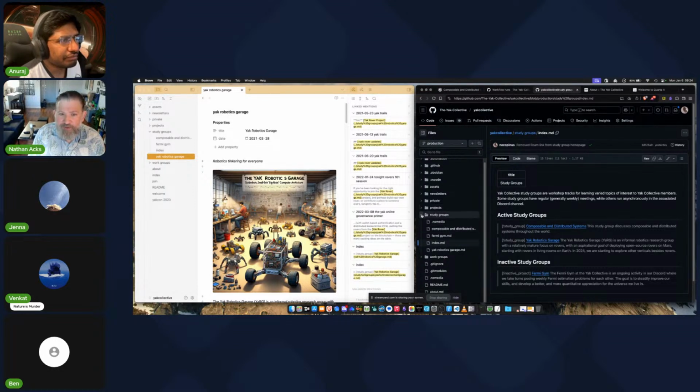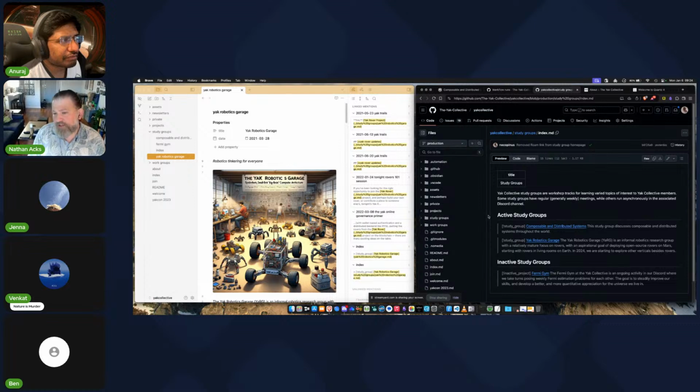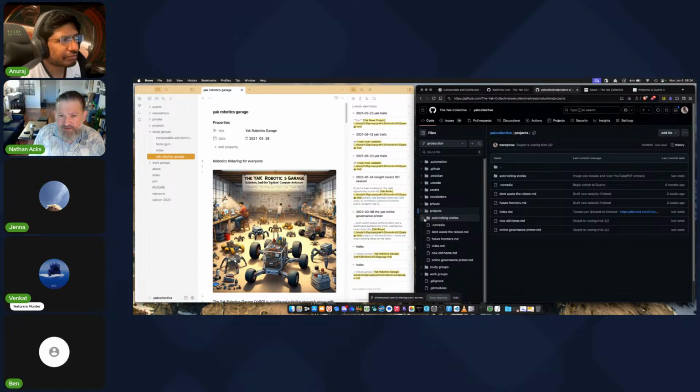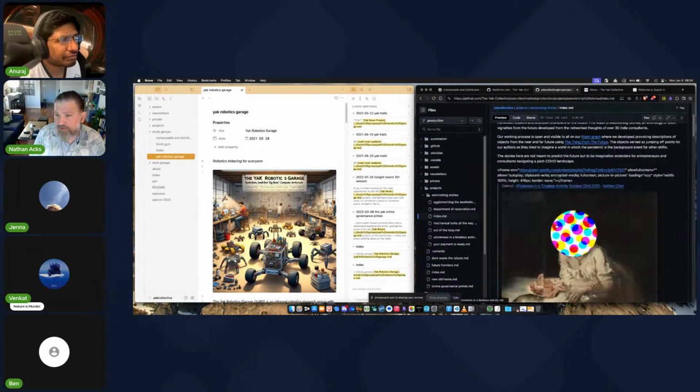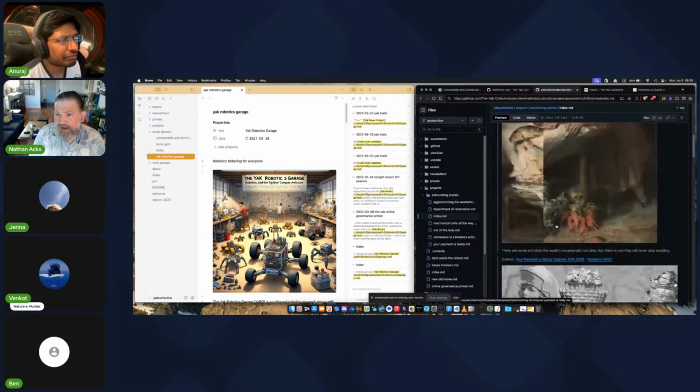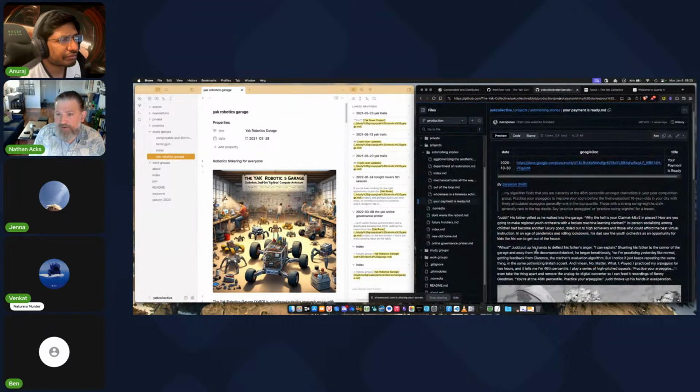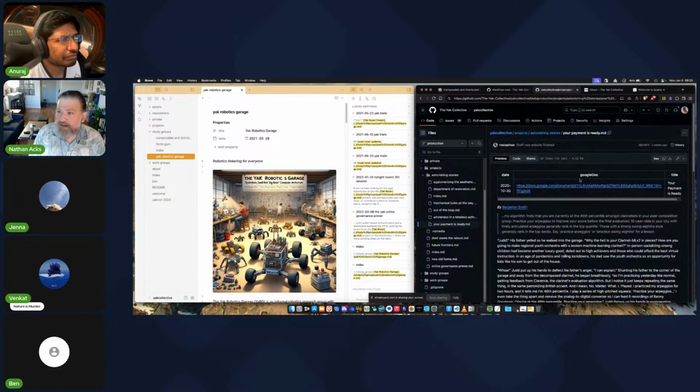And so, for the most part, study groups are pages, projects are pages. The one exception to that is Astonishing Stories, because there was a lot of stuff going on. So Astonishing Stories is actually an index page here, with the stories themselves as subpages. And you'll notice here you can actually stick extra metadata into the YAML front matter.